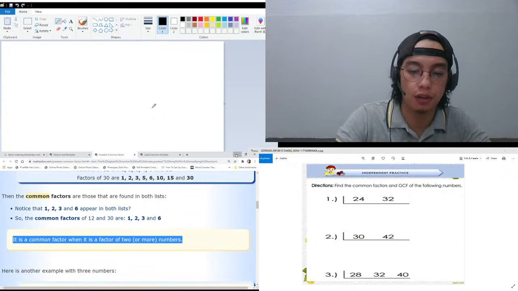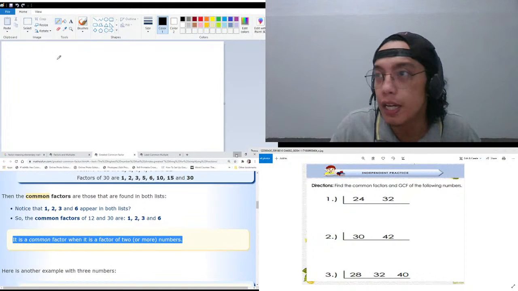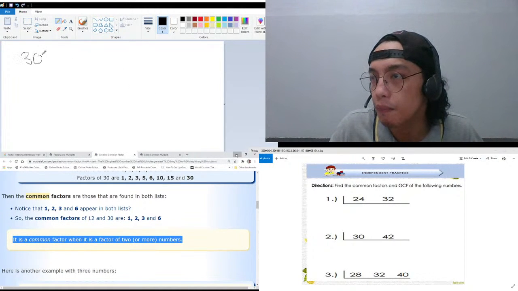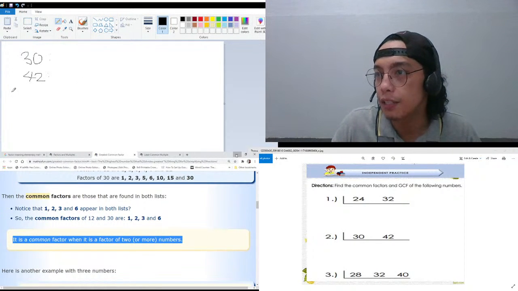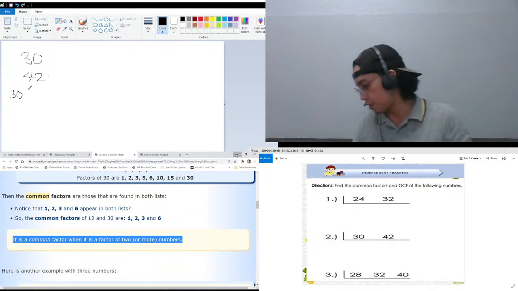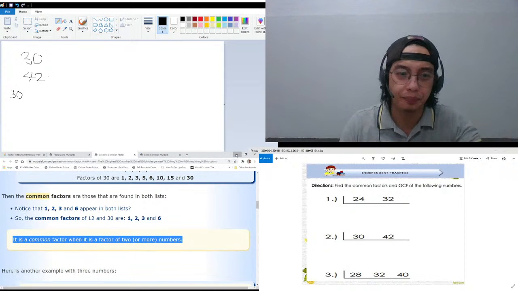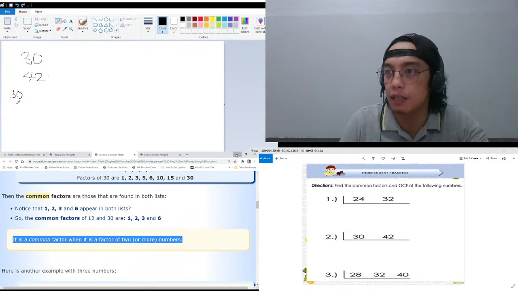What are the factors of 30? Okay, so 30 and 42. What are two numbers that, when multiplied together, give 30? Of course, the number itself, 1 and the number. And then we have 2